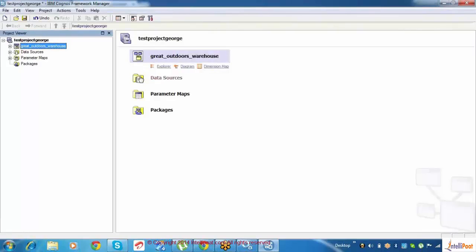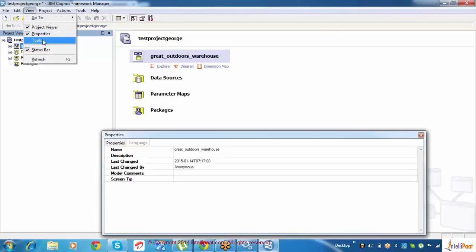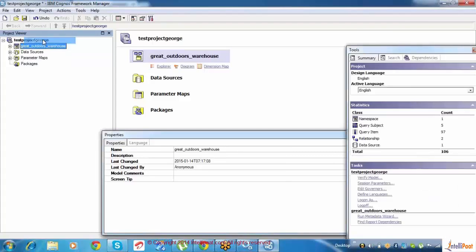So as soon as you import all the tables, it appears here. So now the Framework Manager actual window got opened. In this Framework Manager we can classify into four types. So I just go to view tab here. I just check properties tab and then tools tab. Reason being, these are all part of this modeling actually.